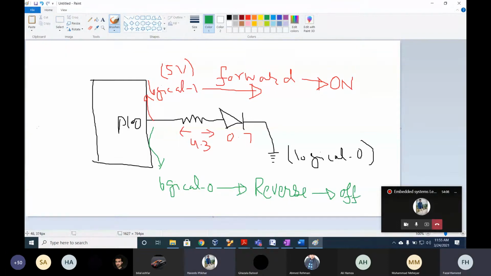This logic is called active high logic. Okay, in this case, the chip will provide the current. The flow of the current will be from the chip. So there will be more power dissipation. In the previous example that we did, when we have a VDD, the current flow will not be from the chip. The current flow will be from VDD to the chip.